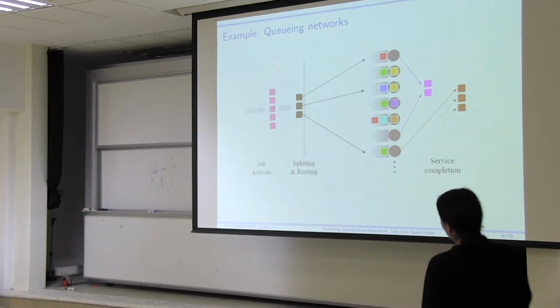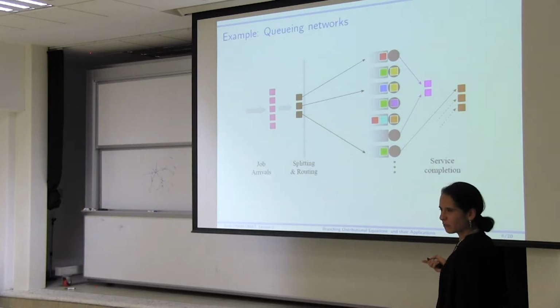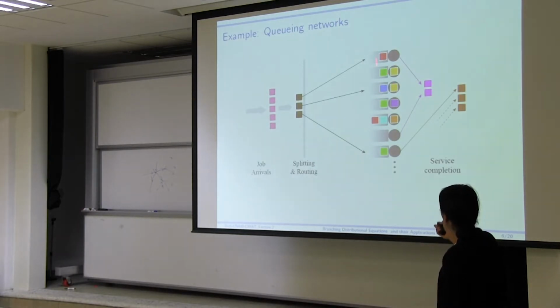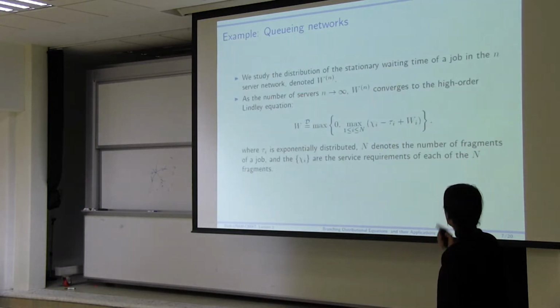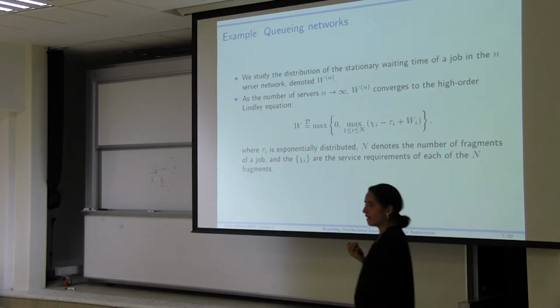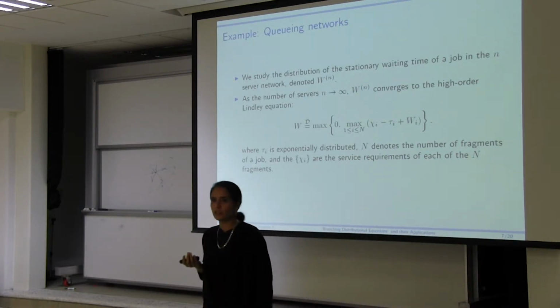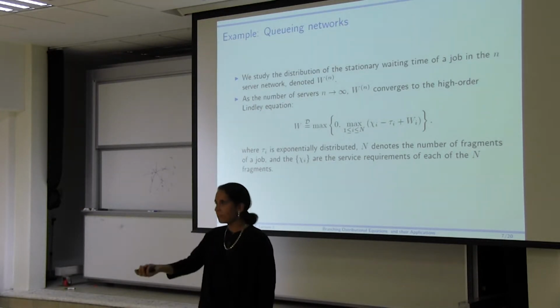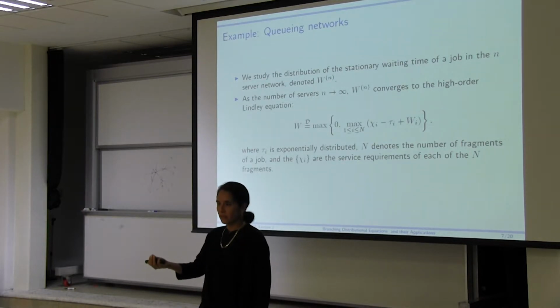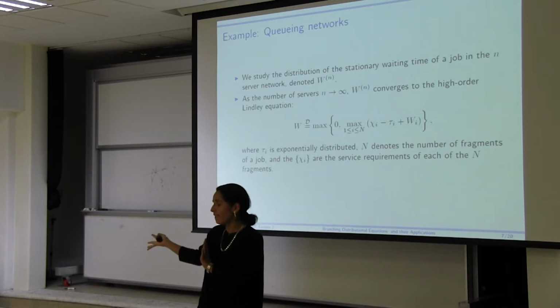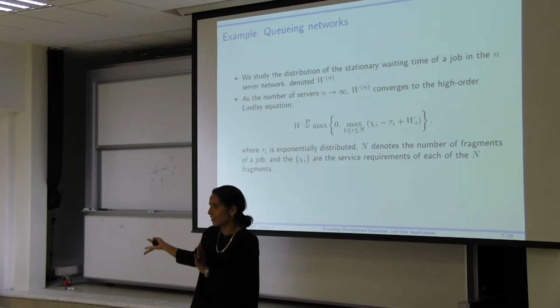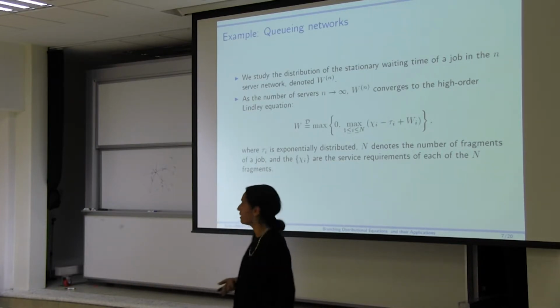Again, here, the number of pieces is random, so you can see where my n is going to come from. When I ship them out, I have this queuing mechanism going on in terms of all the queues at different places. What I'm looking at in this case is basically the stationary version of a queue: the waiting time prior to starting service of a job that arrives into the system in stationarity. Of course, let's assume that this system will be stable under certain conditions, and I'm telling you, yes, it will be stable. There is a stability condition.